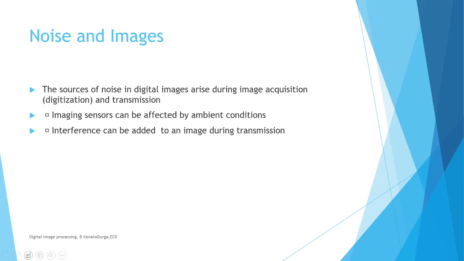So the noise models are also very important for estimation purposes in the restoration process. Then only we can restore the image. The noise models can be of any type, like the camera has not focused properly, or natural conditions are not good, like ambiguous conditions, and interference when we are sending so many.